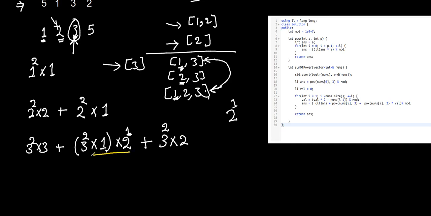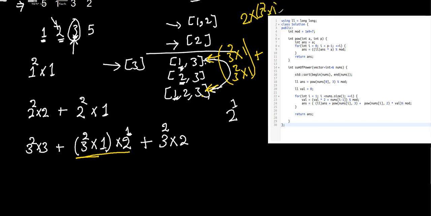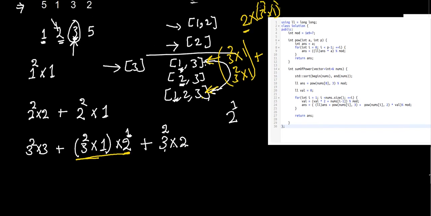Now if you are confused, this is just the sum of this one and this one. So for this one it's 3 square multiplied by 1, and for this one it's plus 3 square multiplied by 1. The summation is 2 multiplied by 3 square multiplied by 1, and this 2 is just 2 to the power 1. So we have 3 square multiplied by 2. Now for the last